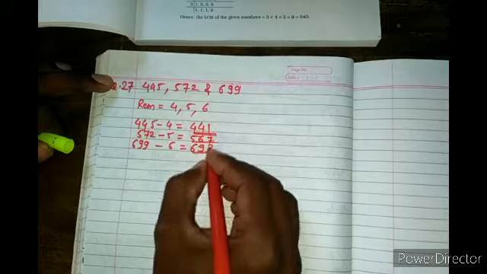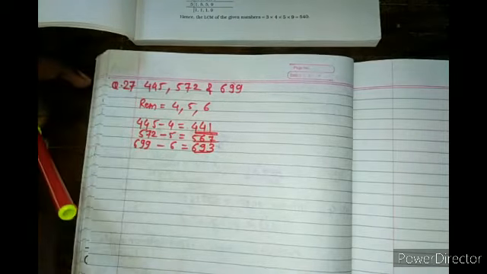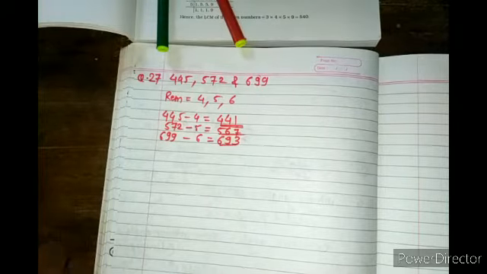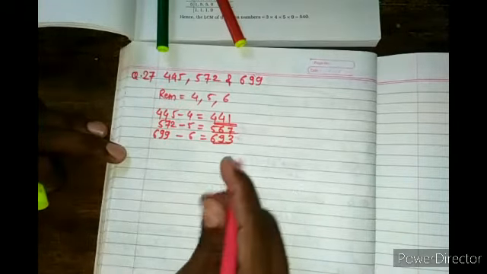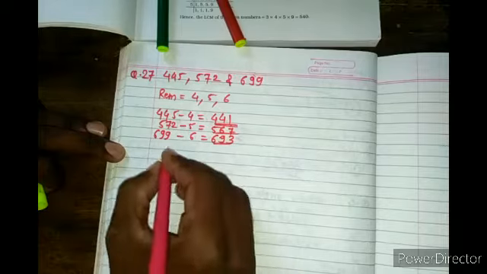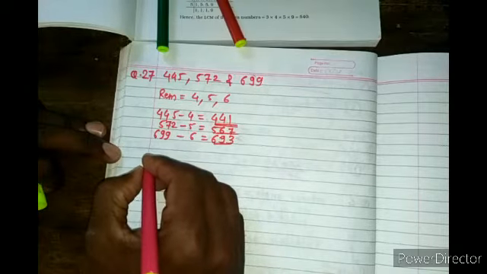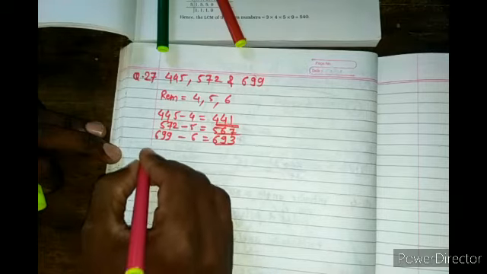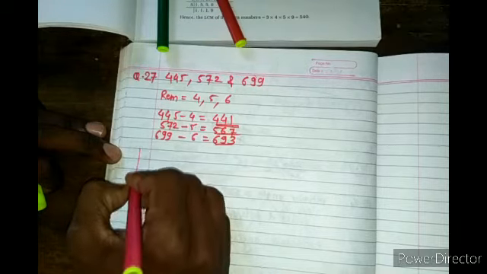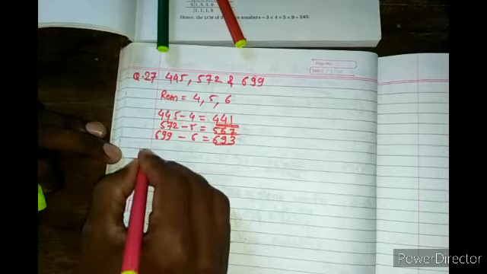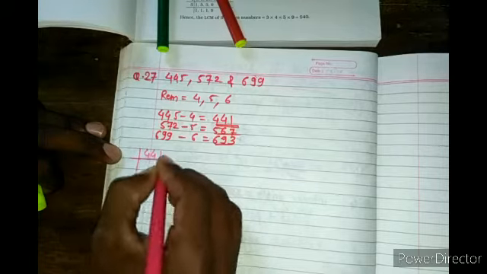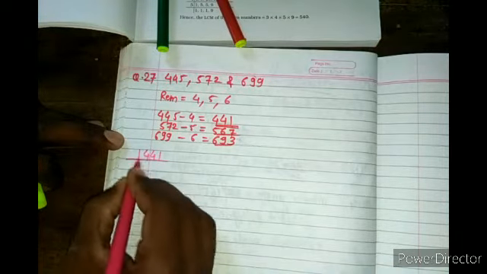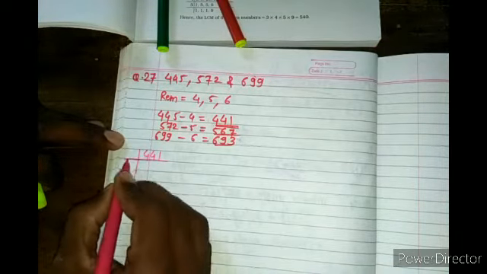Now we will find the HCF of these three new numbers, which will give the greatest number which will divide all of these, leaving the remainders 4, 5, 6. Either you can do it by prime factorization or by the vertical method. I am doing it by the vertical method. While doing this, keep in mind that you have to take the numbers after subtracting the remainder. Now, starting from the first prime number, that is 2.